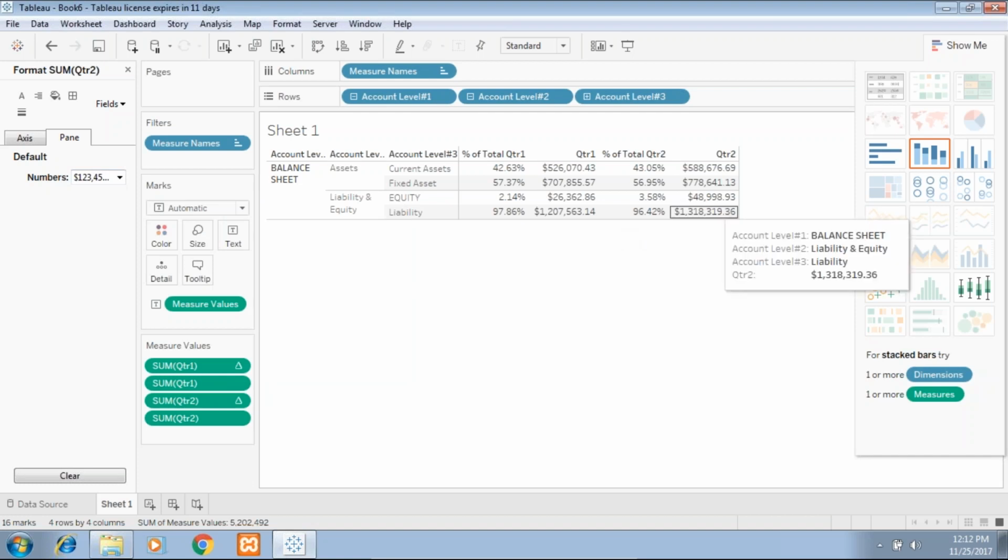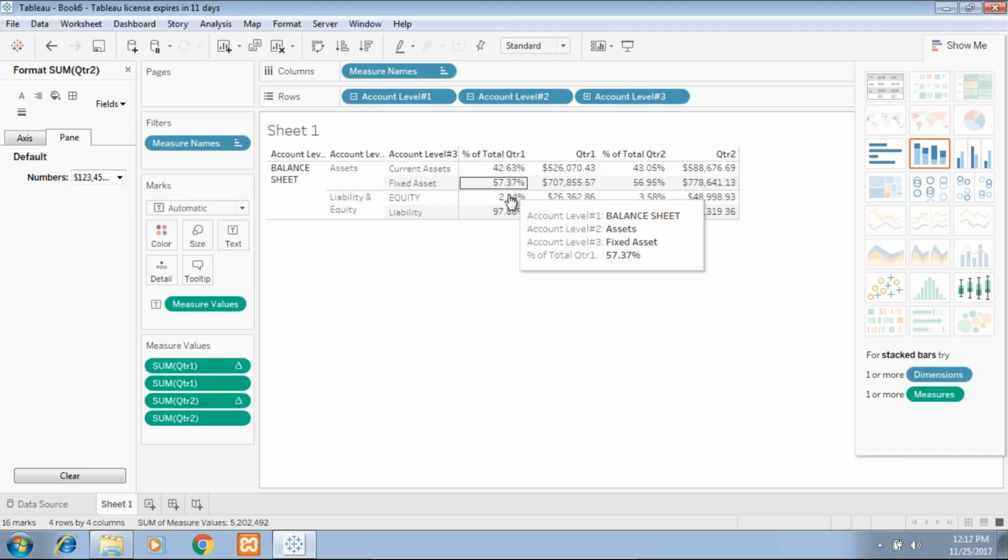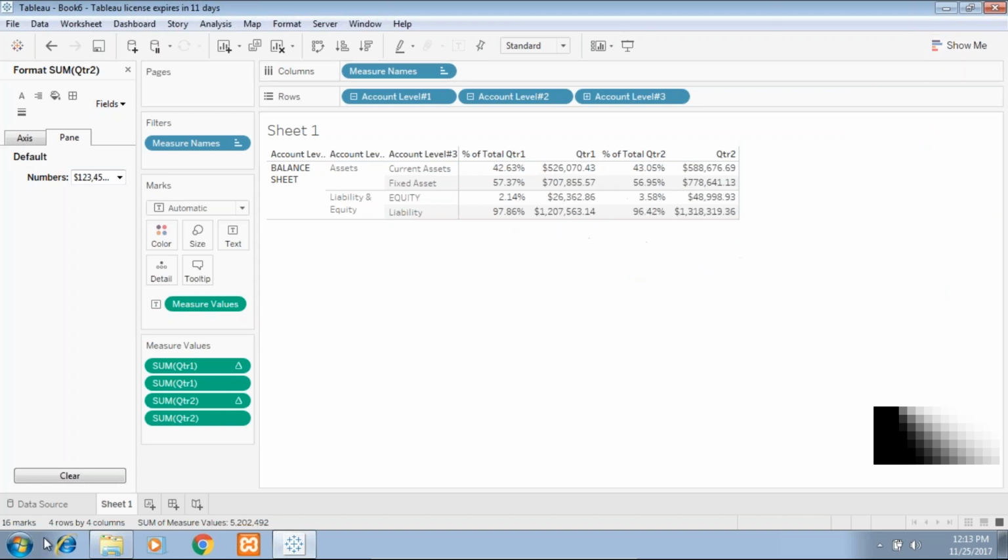So our basic analysis is done. I like this way because I can see the percentage of total for assets, different types of assets, and different types of liability and equity. Okay, now I'm going to extend this example and call this a tabular view,